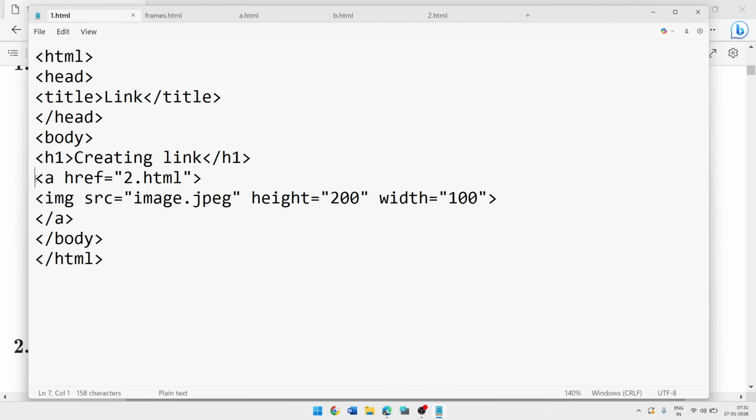And here we will create a link like href 2.html. We are going to make two pages. For the first page name we will give, suppose, 1.html, and the second page will be 2.html. From the first page we are going to the second page, that's why I am writing href 2.html, and this is